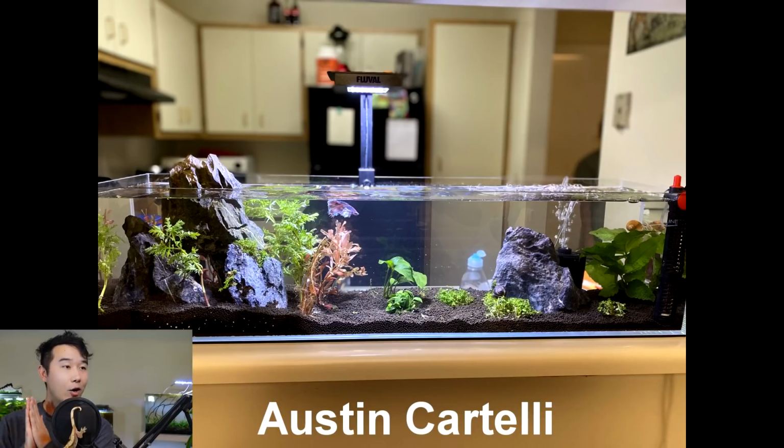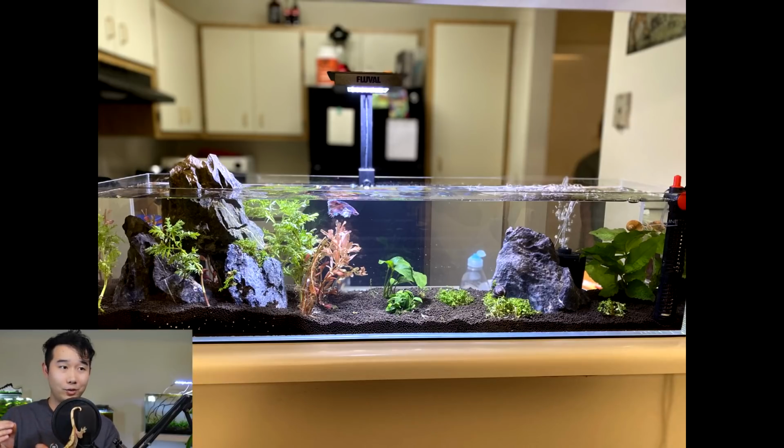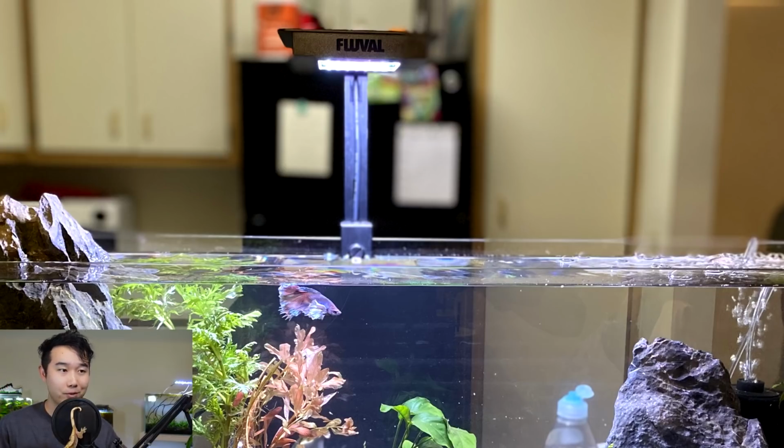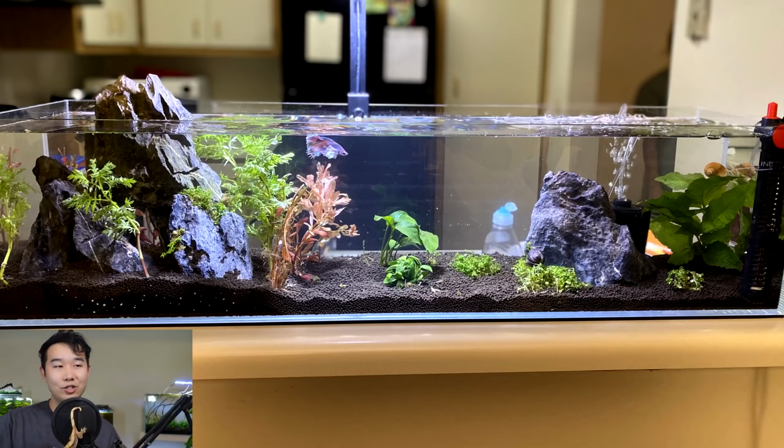Escapism submission by Austin Cartelli. First thing I noticed is the photo quality. You got some shallow depths of field going on. The background is a little messy, but it's got this nice blur. So the fish tank is in the very center and focus of your photo. I love it. Also love the shape of this tank. This is such a beautiful shape, sporting a Fluval light up top, clean dark substrate with really nicely shaped hardscape